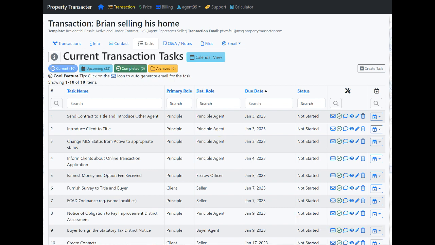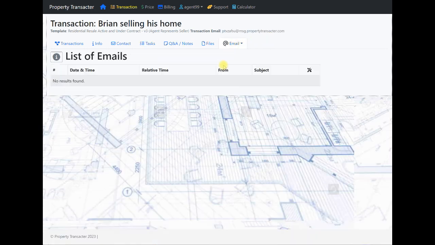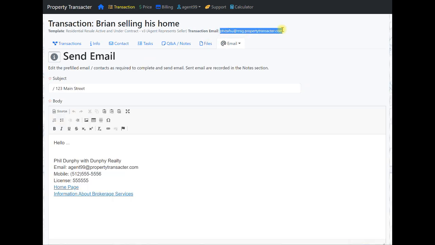I want to talk quickly about this transaction email. You can include this email in any email correspondence you have about this transaction. If you do that, it'll show up in this list here. We don't have any right now for this transaction, but it'll show up here. Anytime you compose an email, it'll automatically include that transaction email as well. So let's do a test email